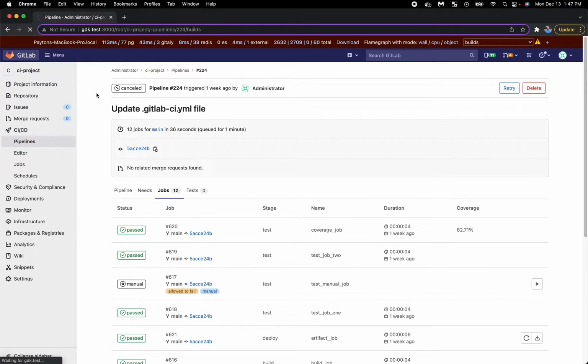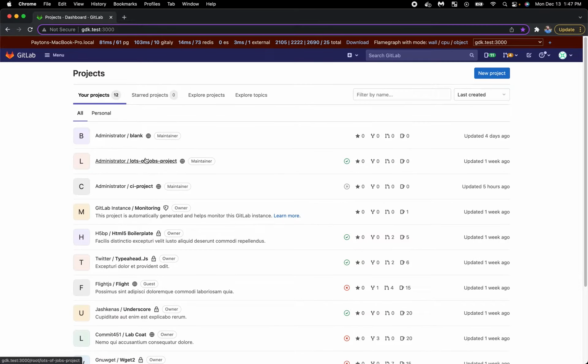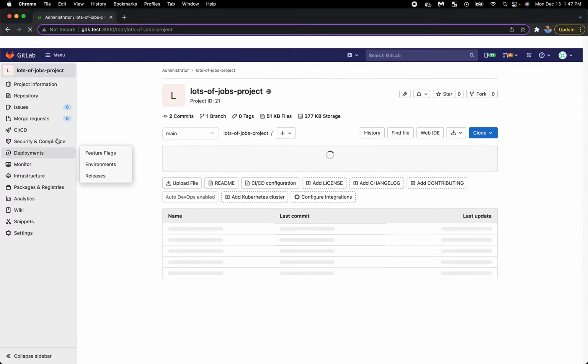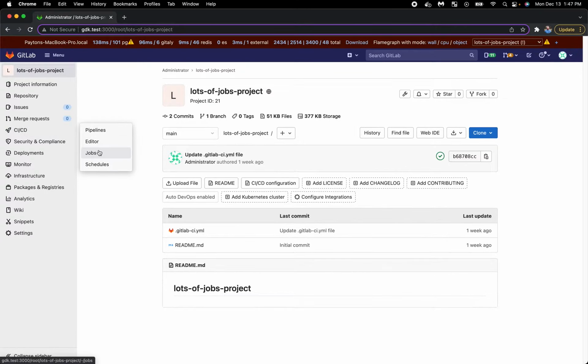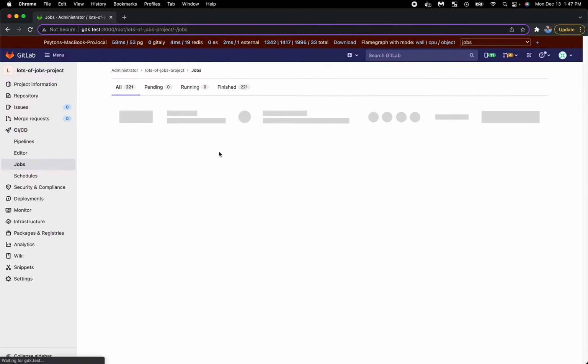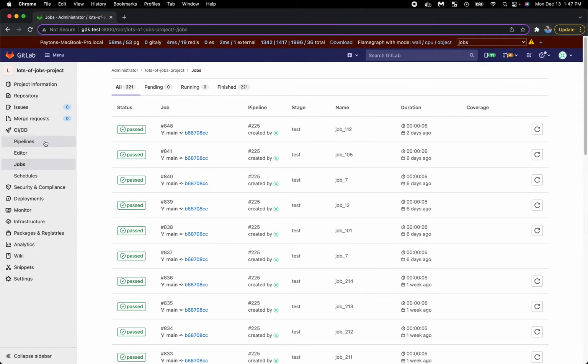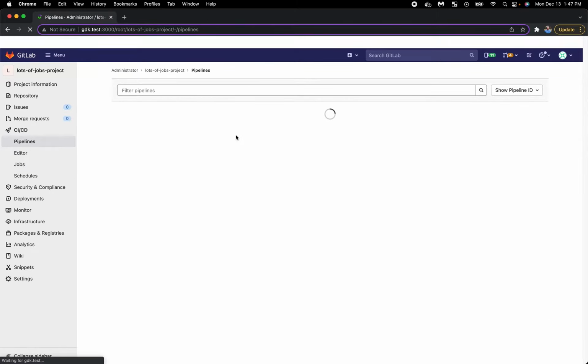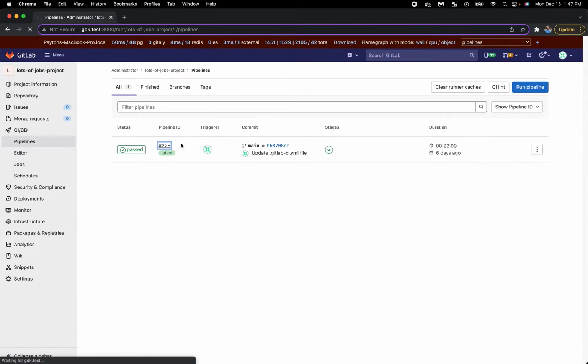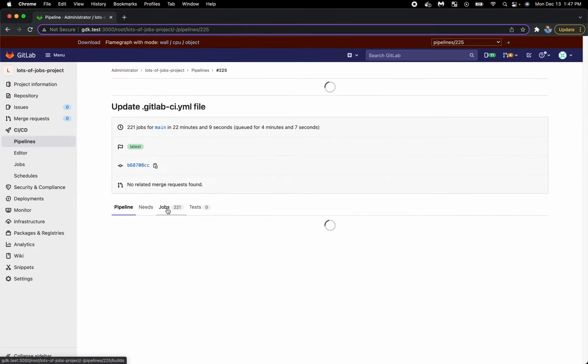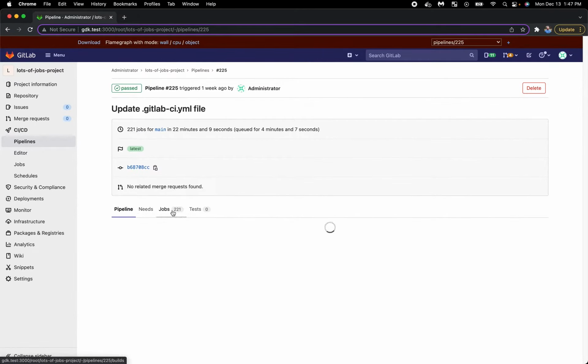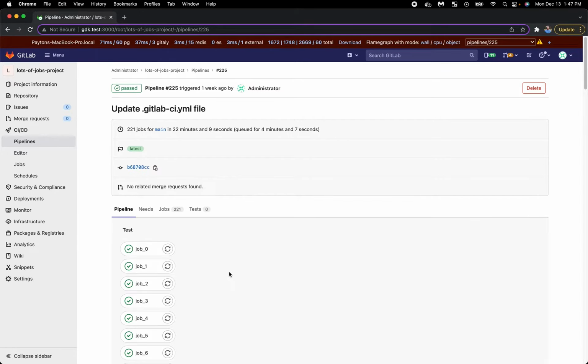I'd also like to show this is all using Vue and GraphQL now, by the way. I have a test project right here, the lots of jobs project. This is actually a different refactor I'm doing behind the feature flag. But if we go back to pipelines, this particular pipeline, you'll see that this project has 221 jobs. It's taking a little bit for that pipeline view to load. But